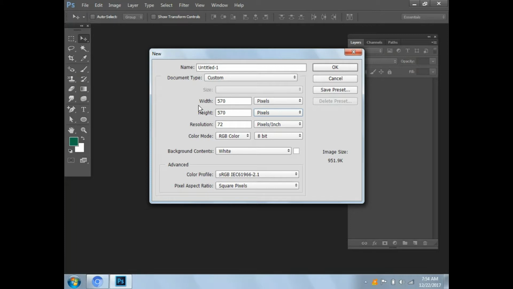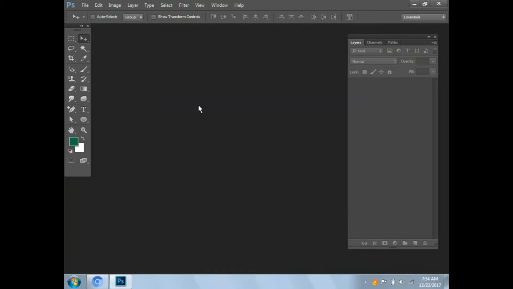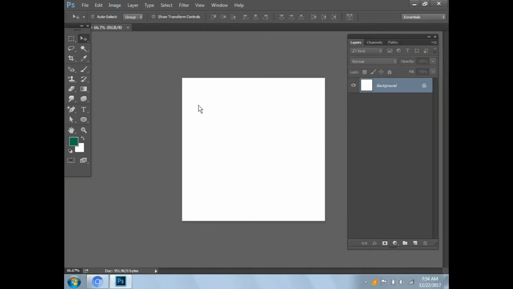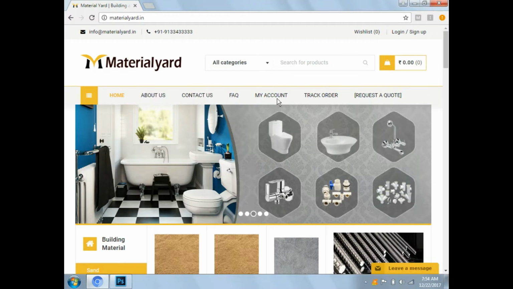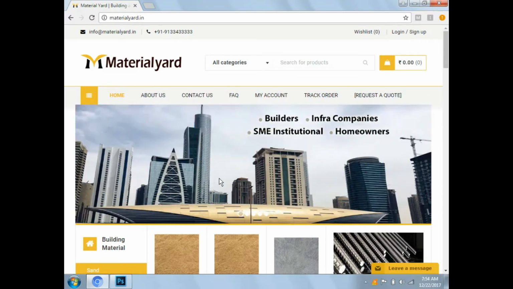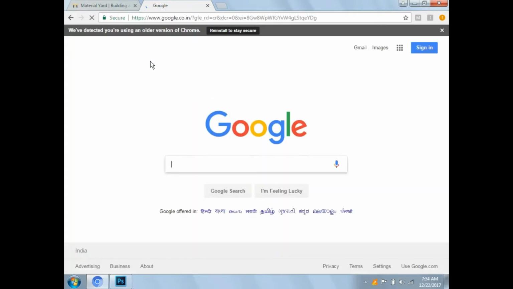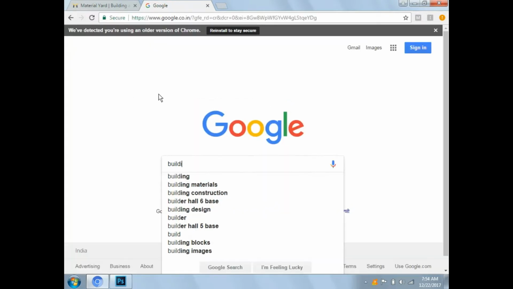Let's go for building and materials. How many building and materials images have we seen? And go to Google. Building and materials is nothing but I am showing only a single image. Is there any images? Check it once. Maybe we can show the construction images also.